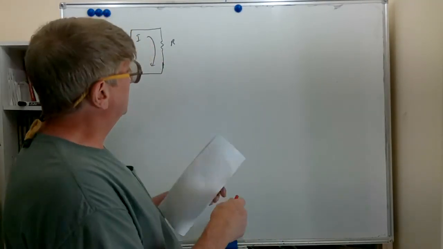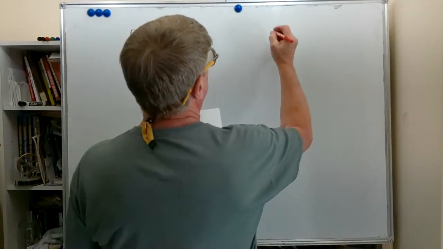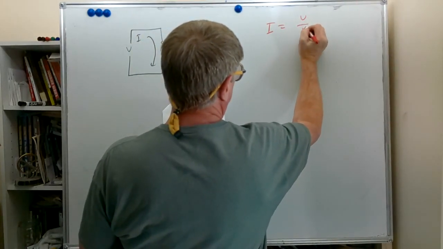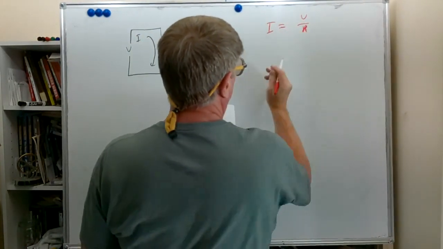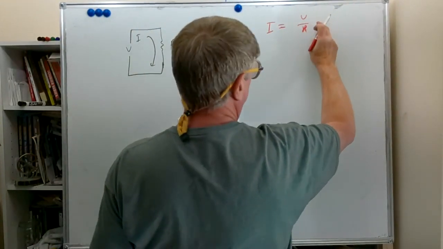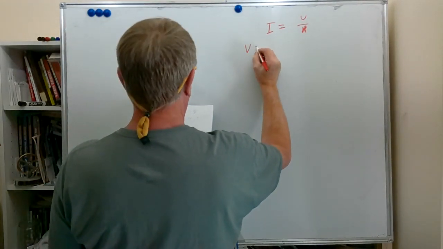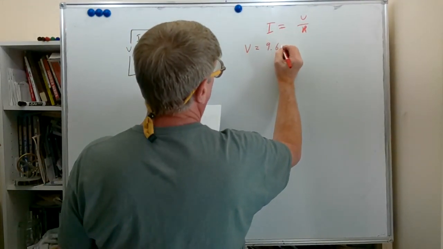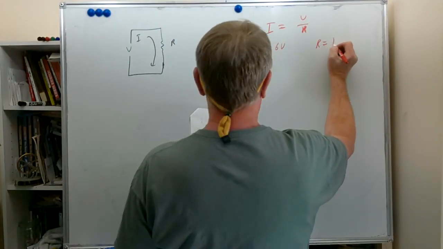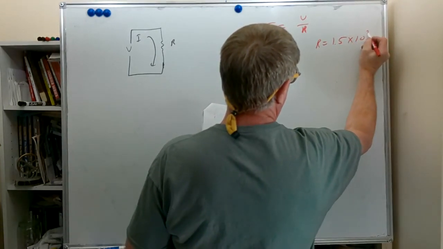All right, we're going to do one more example here. Given Ohm's law, I equals V over R, where I is current in amps, V is voltage in volts, and R is resistance in ohms. If we have a voltage equal to 9.6 volts and a resistance equal to 1.5 times 10 to the third ohms,